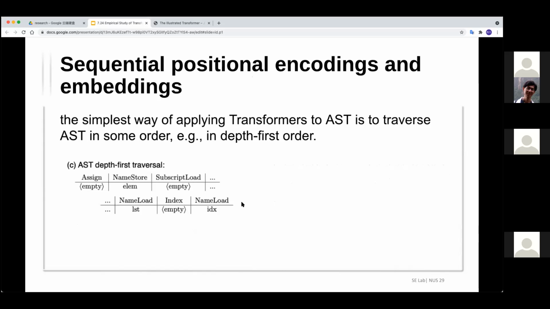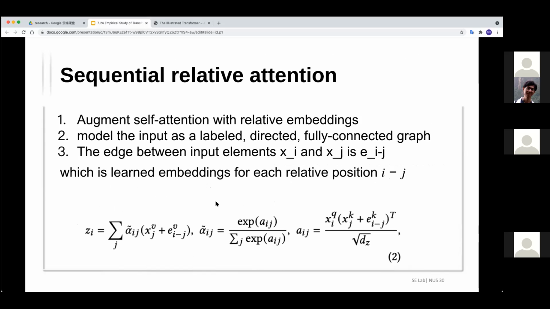The first is to traverse the AST in some order, for example in depth first order, and then make the code become a sequence and input the sequence to the transformer to get a new embedding. And then it gets a bit more difficult. This is a sequential relative attention. It makes some changes to the self-attention with relative embedding. Just remember this formula. A is the attention, and when computing the attention, you just consider the